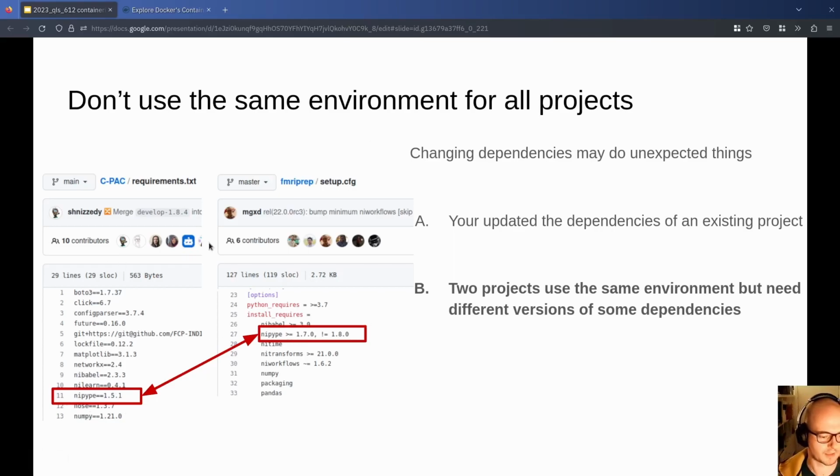So these are two that I've taken randomly of tools that are commonly used in neuroimaging. So CPAC and fMRIPrep are both pipelines. You can see here that they rely on NiPype versions that you can't resolve in the same environment, right? They're different constraints. So again, you need to create two boxes for each of these so they can live with